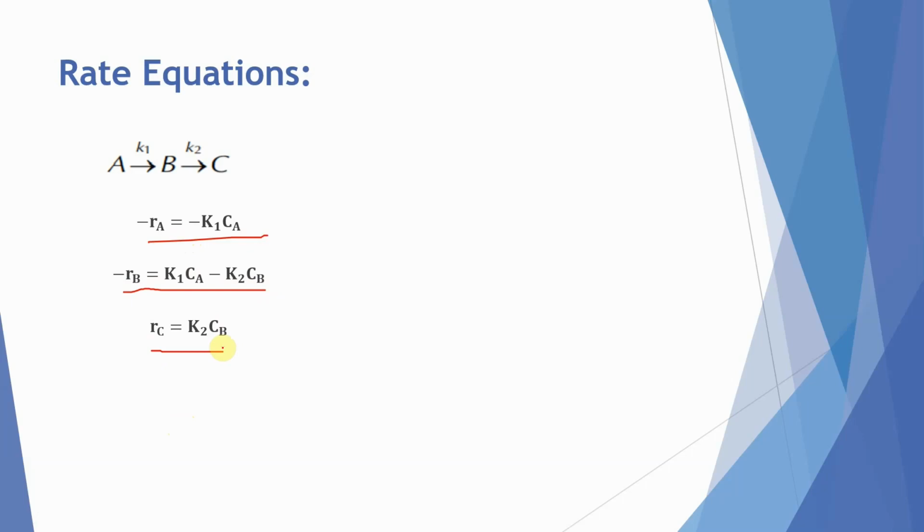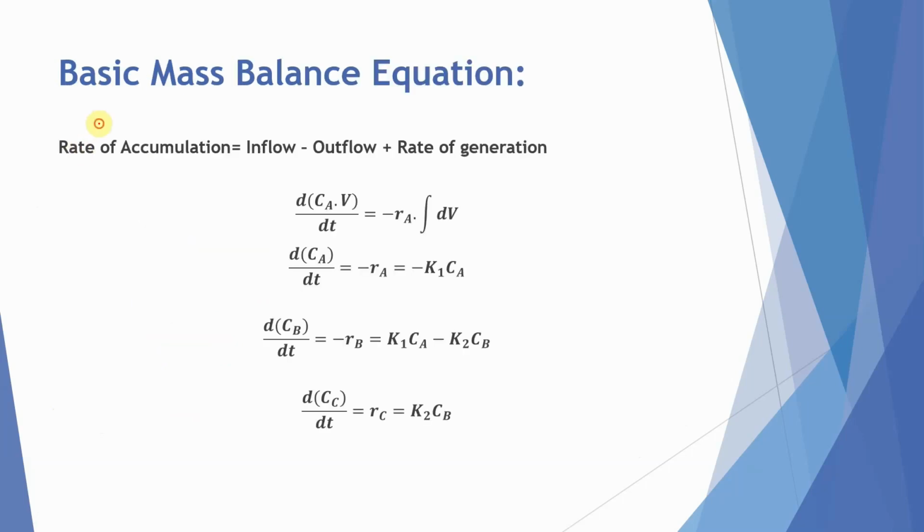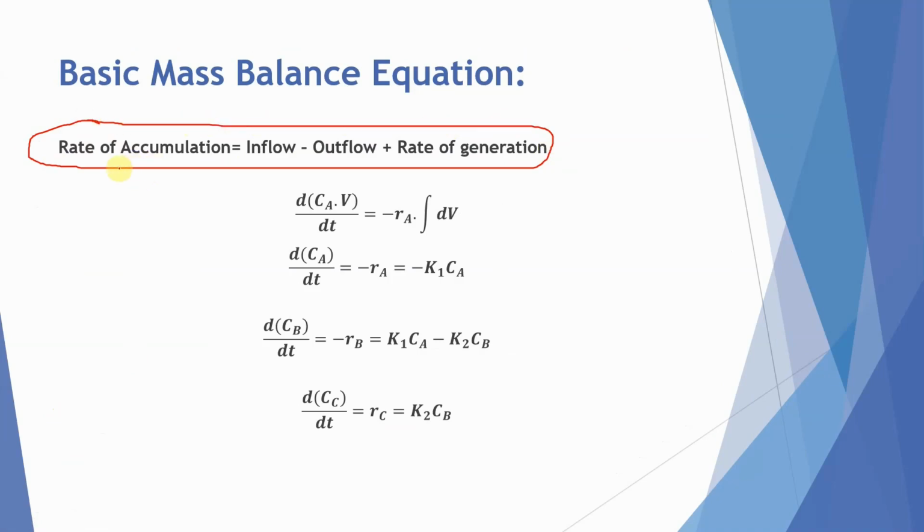Now we will move to the mass balance equation. So the basic mass balance equation is given by this, and the rate of accumulation will be there because it's a batch reactor. There is no inflow, there is no outflow. So these two terms are zero and we are left with rate of generation. So rate of accumulation can be written as d by dt CA dot V, where V is the volume and Ra is the rate, dV is also volume. So on integrating, this becomes V, but we are considering